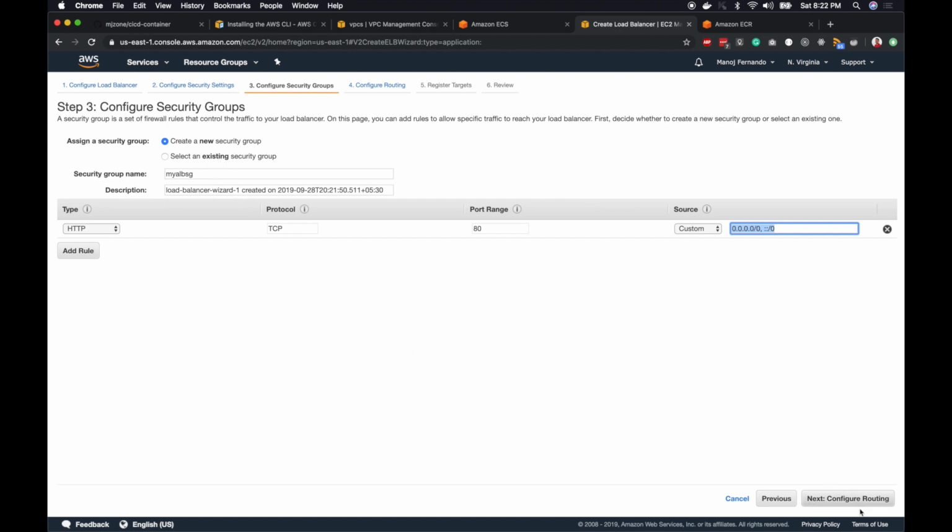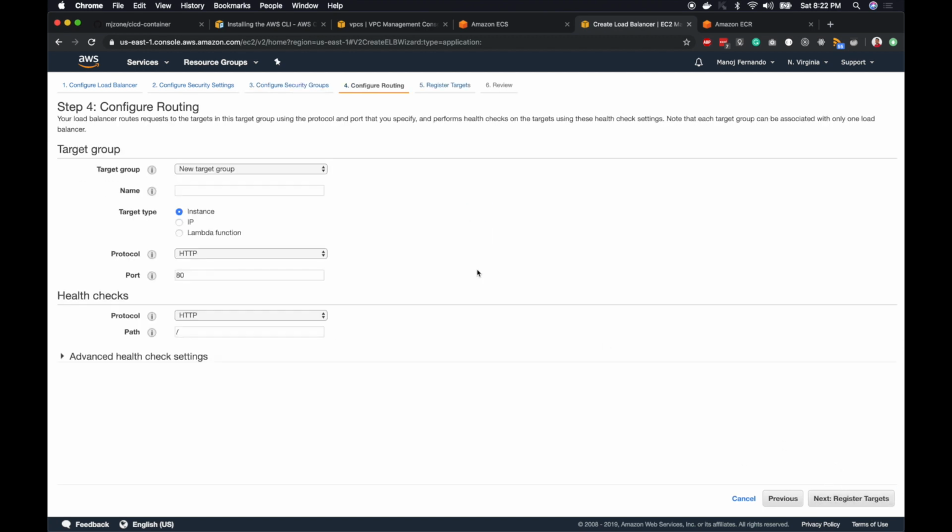And then I will just click configure routing, and this is the place where we have to create our target group. Any request that the load balancer receives will be sent out to a target group. So we don't actually have any target group set up. I will click new target group, give it a name, my-ALB-target-group, my-ALB-TG. And here, this is very important, we have to select